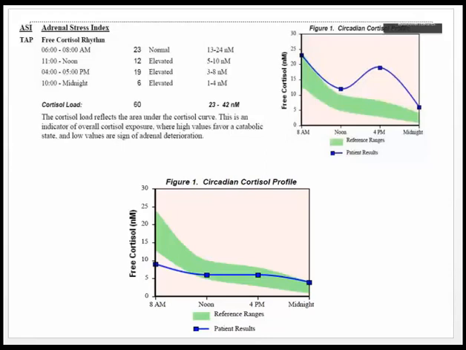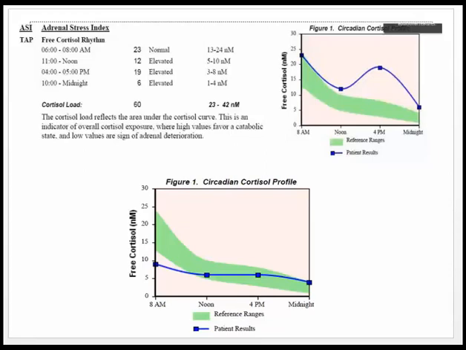So these are a couple of labs here in our office. This is what is referred to as an adrenal stress index panel. In the top one, you can see the rhythm of cortisol throughout the day. So if somebody, as an example on the upper right, got their cortisol measured at 8 a.m., and it's in the green, it's normal. At noon, you can see it's starting to come out. At 4 p.m., you can see it's completely elevated. And then it begins to go back down again.